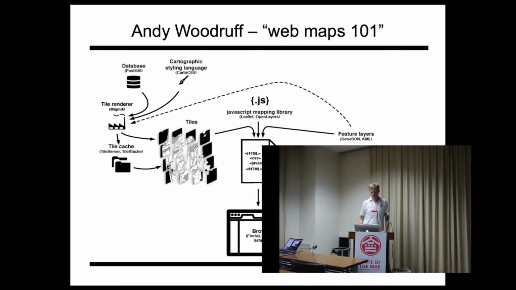Here's a diagram which is covering some similar ground. It's not actually about OpenStreetMap, but it's showing the tile rendering stuff happening on the left-hand side and feeding into a web map display. And this diagram is also showing the idea of feature layers, which I think is quite important to explain to web developers, because that's the bit that you get exposed to as a web developer